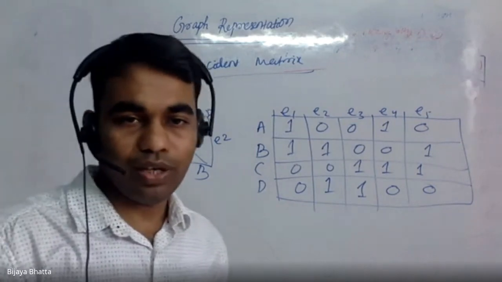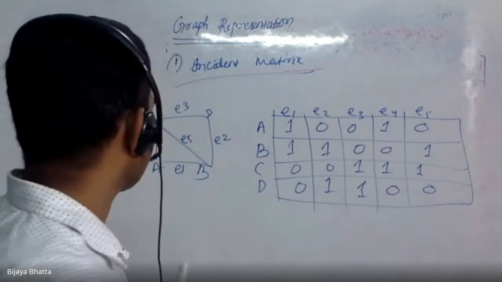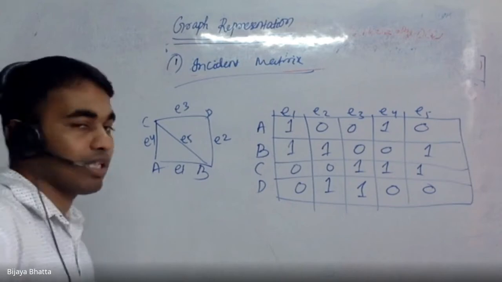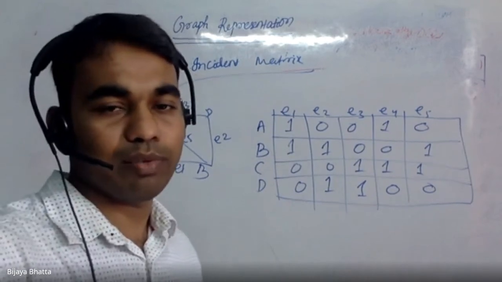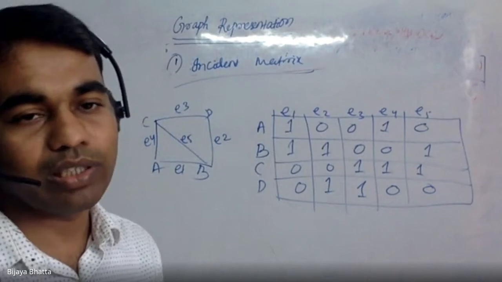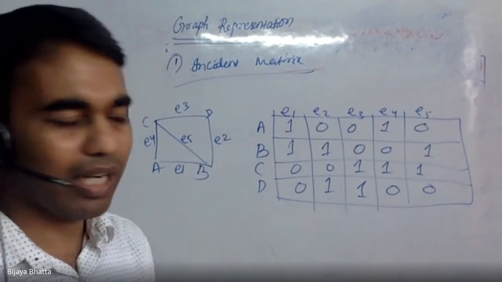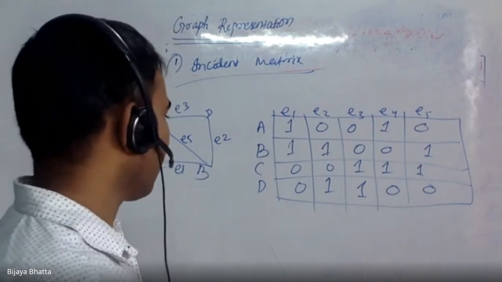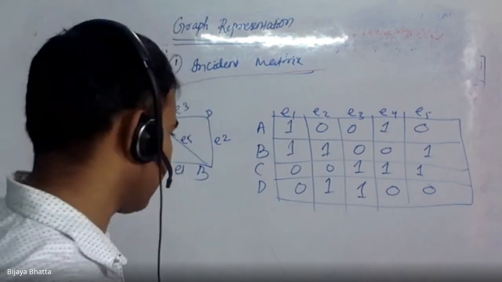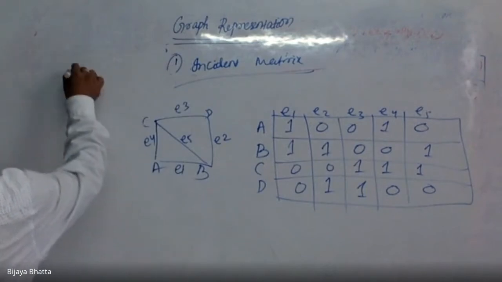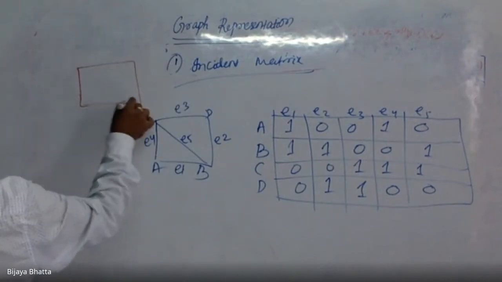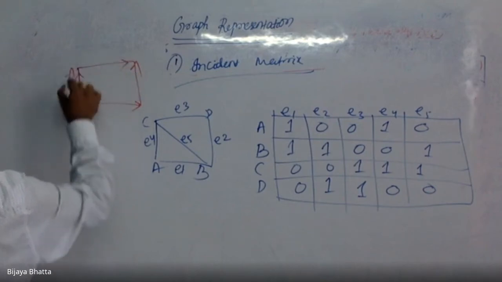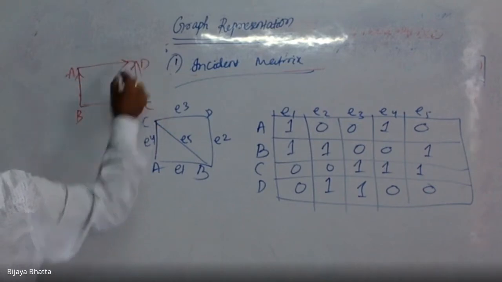Okay, so we can go the same way for the incident matrix. Let me write down the definition maybe. Basically, any entry contains 0 or 1. I don't want to go into the formal definition, I hope you understand. So if I take an undirected graph, I hope it is making sense. Just let me know in case you want me to write some definition, I can dictate it, but I think it is not needed. You need to understand.